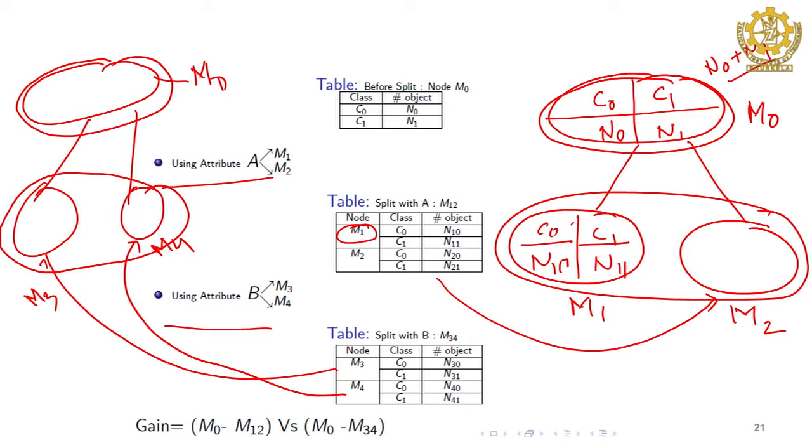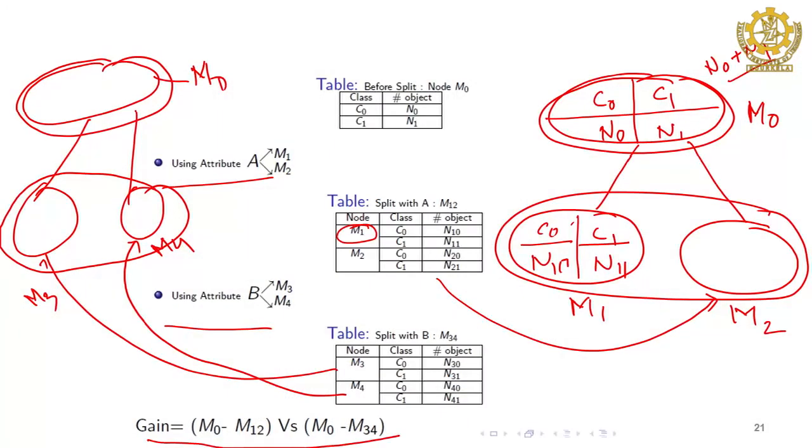Because the Gini index is an impurity measure, what do we want? We want the node to be pure, which means the impurity value should be low. If the impurity value is 0, that is the least, so it is the purest. Our objective is to get a pure node, so ideally the impurity value should be 0, otherwise close to 0. If you compare, whichever is less, that split we should take.